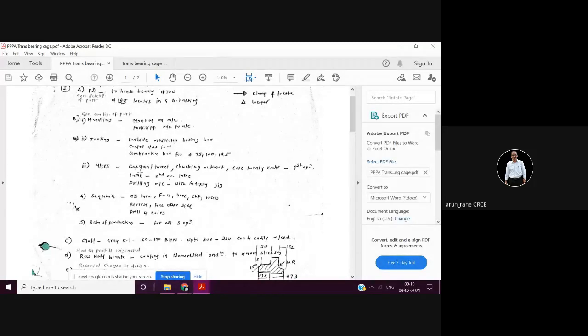The process engineer is writing which machines will be required, and definitely from the mass production point of view.